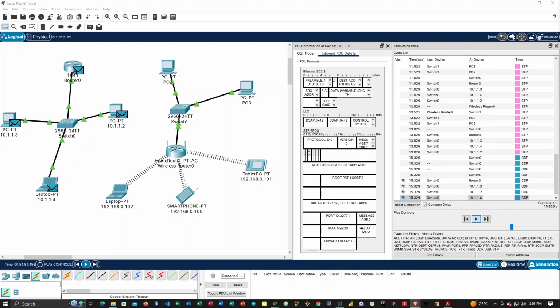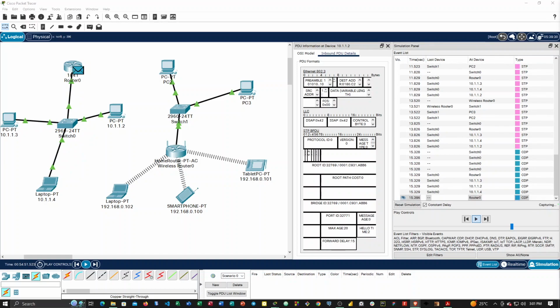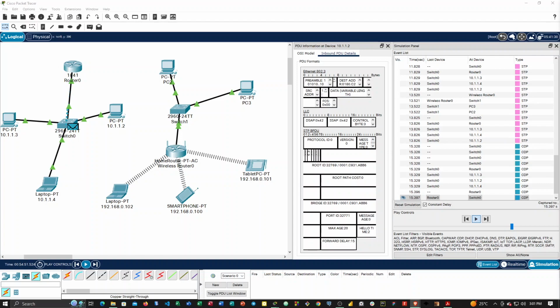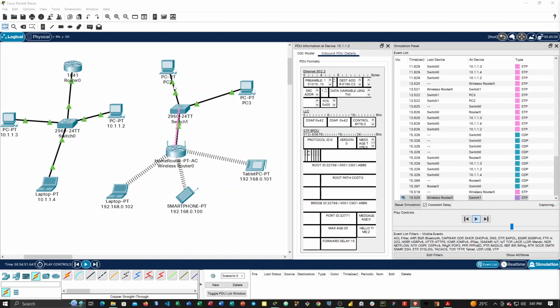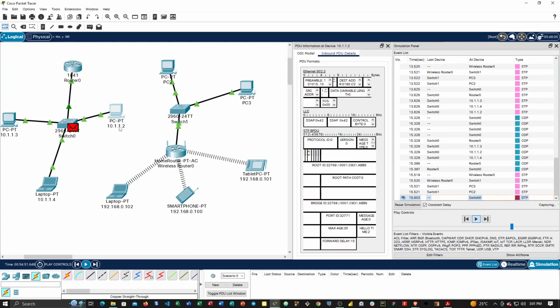With this current setup, can PC 10.1.1.2 communicate with PC 2? It can't communicate. Okay. Now for PC1, for PC